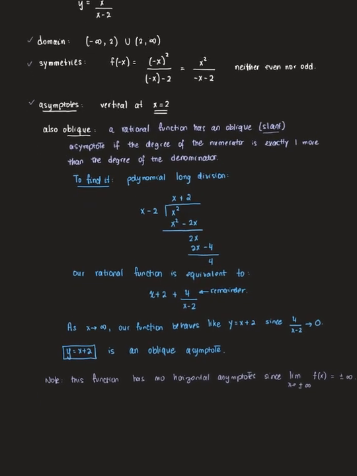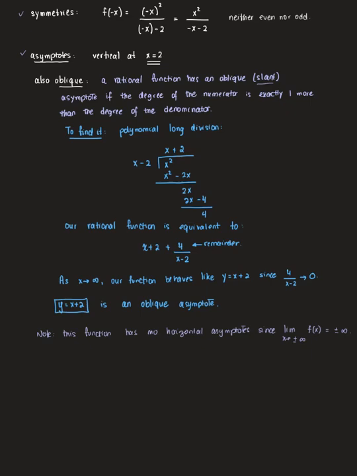So we did that polynomial long division in class and rewrote our function as x plus 2 plus 4 over x minus 2. That is the same function. 4 is the remainder, by the way, from the division. Now, if we think about what happens when x gets very, very large, all of this gets very big. So certainly our function's growing large, but the 4 over x minus 2 part is tending towards 0. So our function's going to behave like the line y equals x plus 2, and we call that the oblique